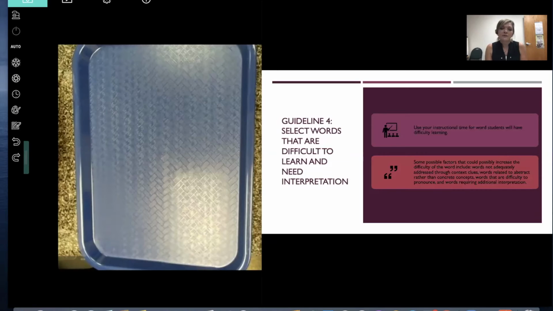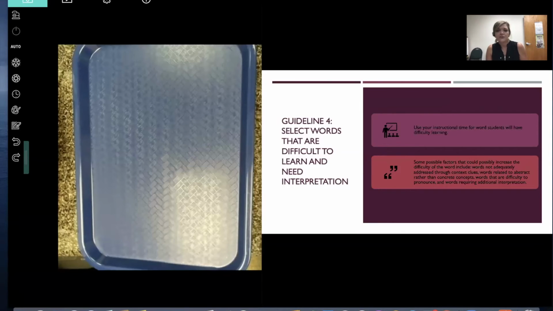And the last one for your guidelines in selecting it is selecting words that are difficult to learn and need interpretation. You're going to use your instructional time for the words that students have difficulty learning. And again, that sounds like common sense, but some factors that would cause the increase in difficulty for words would be